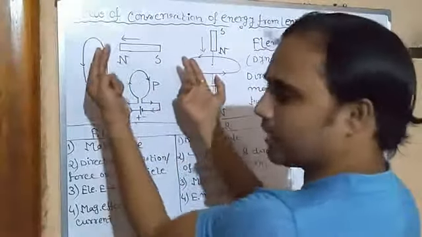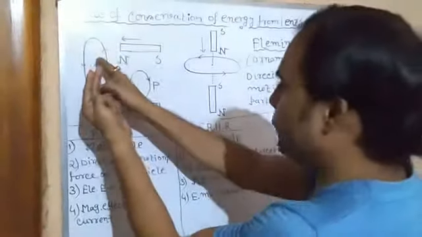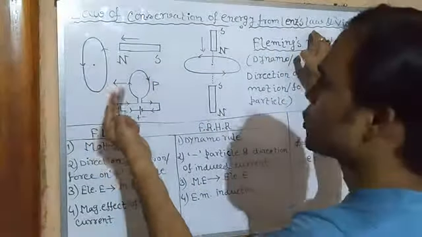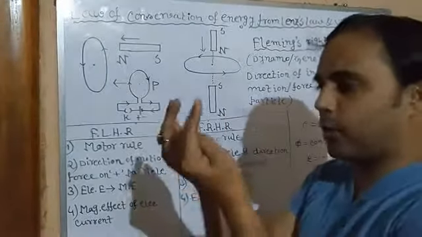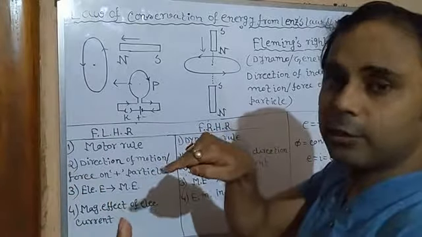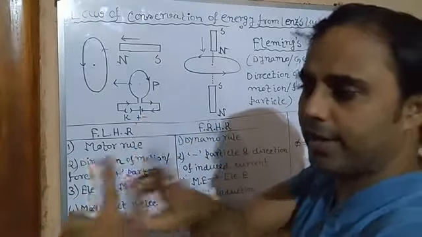Since these are parallel conductors, we can assume it will have to oppose its direction according to Lenz's law. So it will have to repel. This is only possible when two parallel conductors carry current in opposite directions. Only in that case do they repel each other. Otherwise, when they carry current in the same direction, they attract each other.